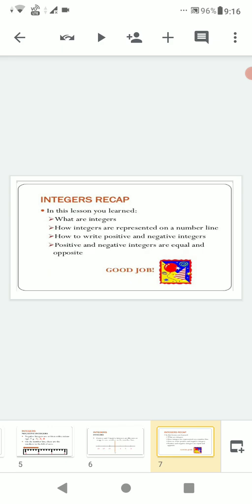If we take negative numbers, 0 and positive numbers all together, we get a new collection of numbers: -4, -3, -2, -1, 0, then 1, 2, 3, 4, 5 and so on. This collection of numbers is known as integers. The collection of integers has 3 parts: 0, positive integers, and negative integers.